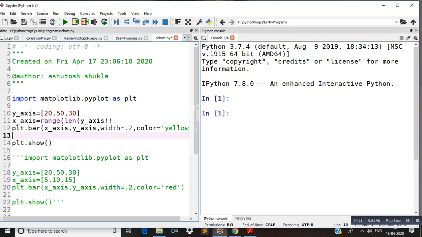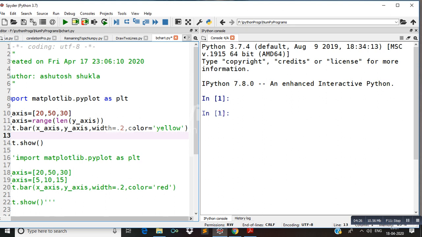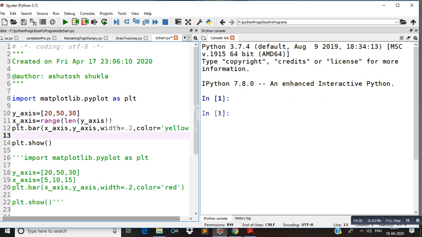This is the width of the rectangles. And color is equal to yellow, which is the color of those vertical rectangles. At the last we write plt.show. If you don't write this statement, the chart is prepared but will not be shown. So to show the chart we use plt.show.